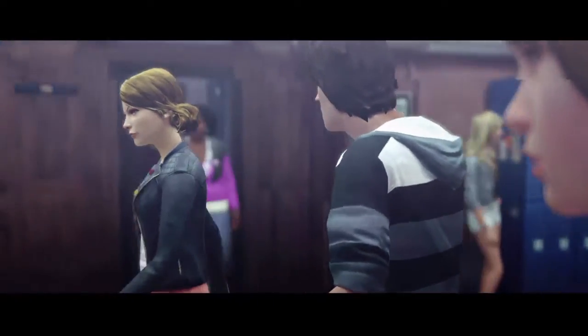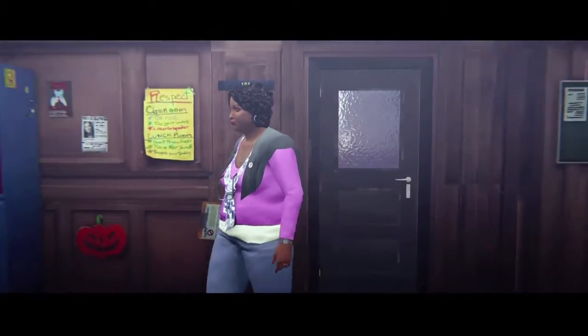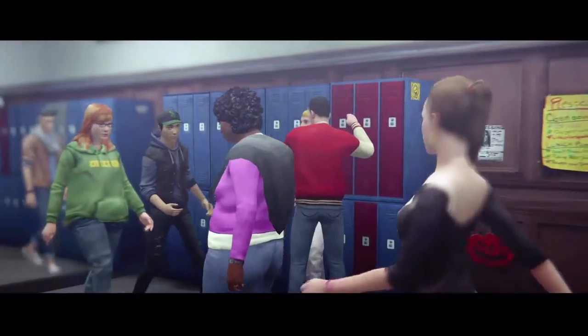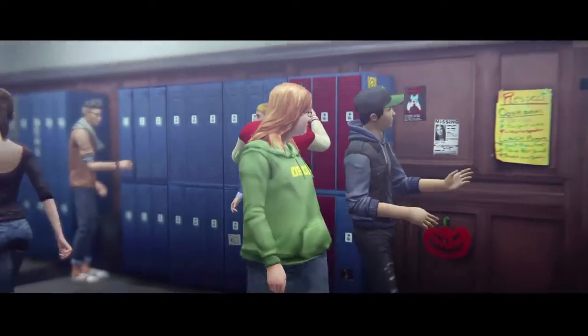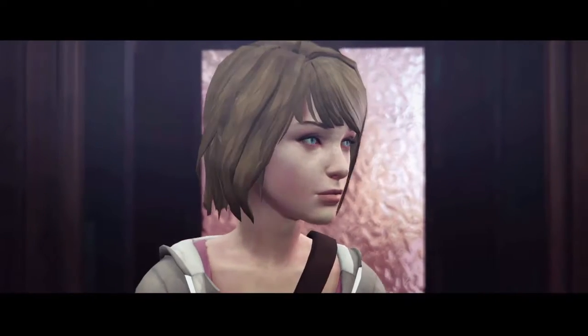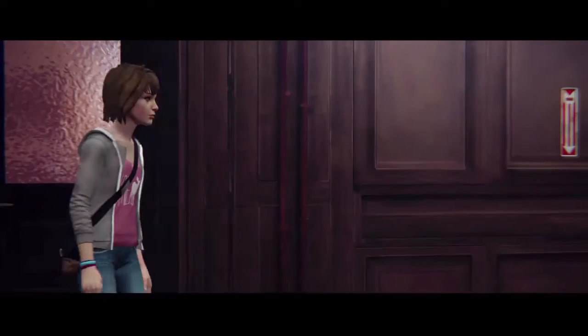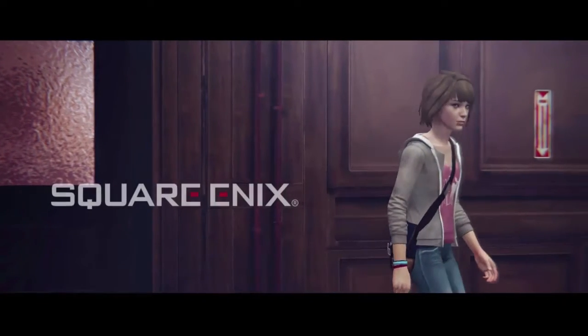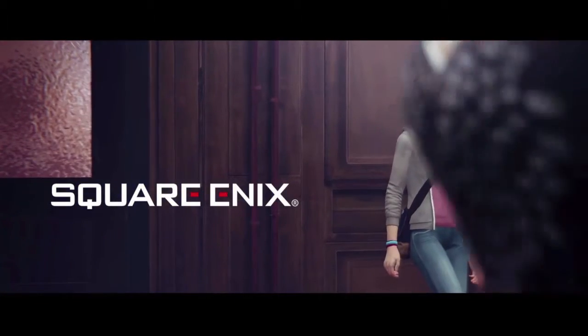We really wanted to have this feeling of being part of a whole high school. So it means a lot of people, it means bullying, it means difficulties when you're a teenager in this kind of world, and showing the different cliques and different kinds of teenagers. I think a lot of players love this introduction. The use of music here is really important.